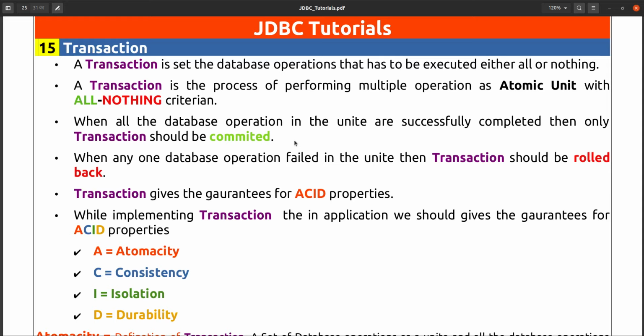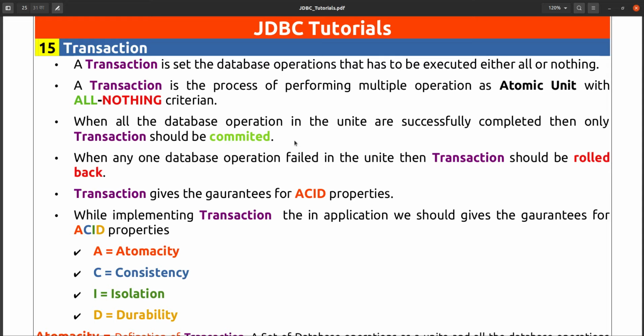It should not be like that one statement is executed successfully and the change is effected into the database, and the remaining two statements are not executed. That will not be considered a transaction.